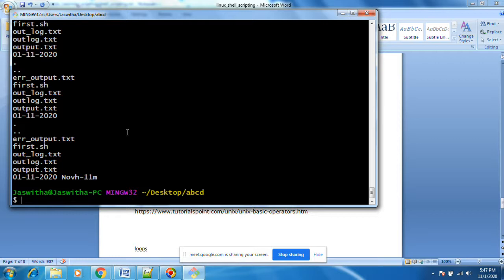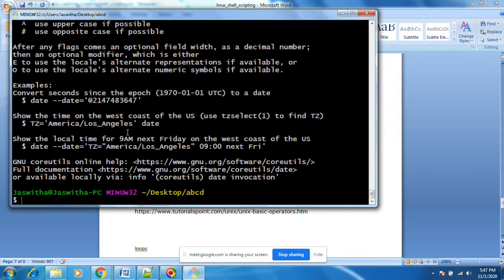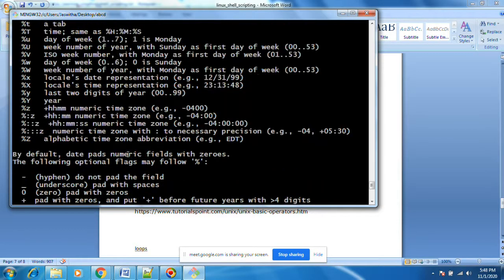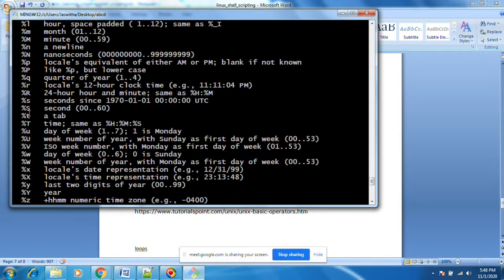Okay, percentage H only works. Percentage capital S means seconds.